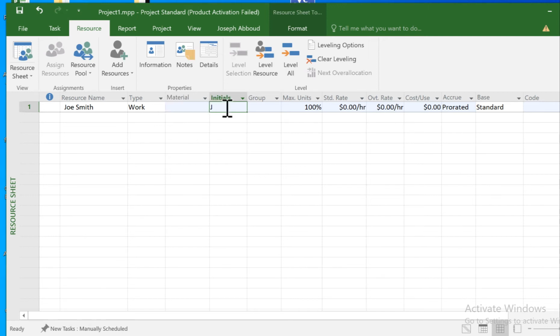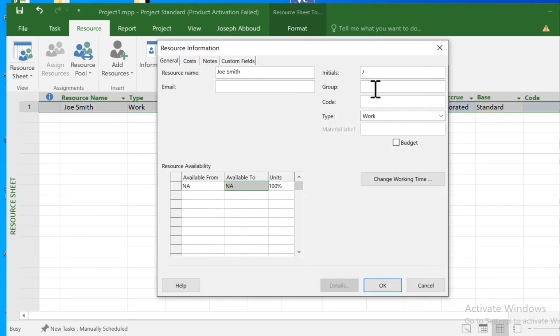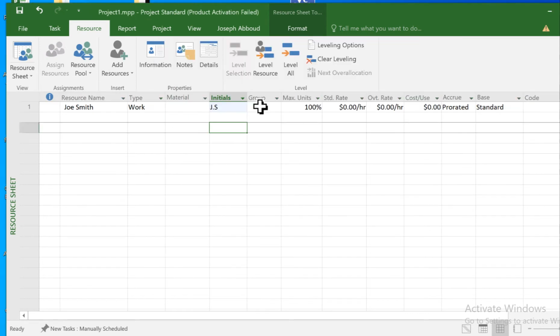The initial can be changed. So by default, the computer, Microsoft Project, just gave me an initial, J, as an initial. I can double click and change it. Say JS. Group. The group is usually used for vendors. I use it for suppliers, for vendors, or to indicate which company that resource belongs to. So let's say he belongs to